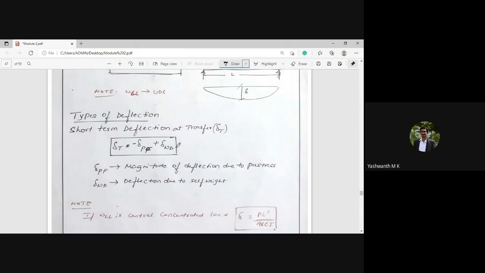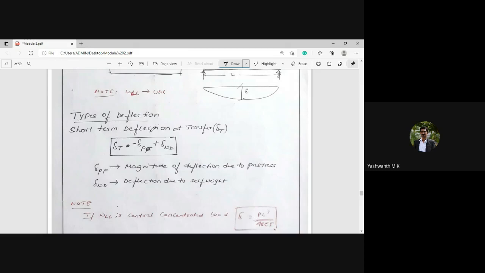So both formulas will be considered as we calculate the deflection, and both deflections are short-term deflections. Please note this, very, very important. Short-term deflection comes into the picture in the case of a PSC beam, and whatever deflection we have assessed till today, that is in the last session and in this particular problem, are short-term deflections. Please note this point.